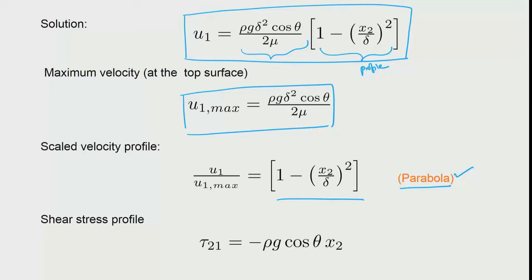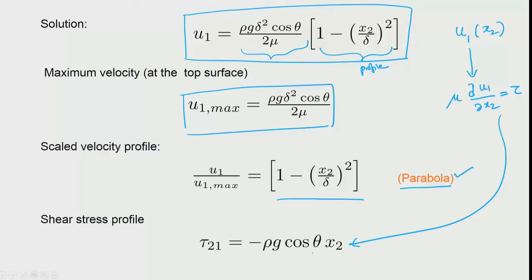And once you have got the velocity distribution, so you have basically got the velocity as a function of the distance. So, you could then from there use the Newton's law to write, for example, dou u1 by dou x2, and that should give you the tau. Okay. So, that is what actually is used here, and you can substitute and get the expression for the shear stress also. So, once you have these functional forms, then you can plot, okay, plot and see how they vary, and also see whether they are meaningful.